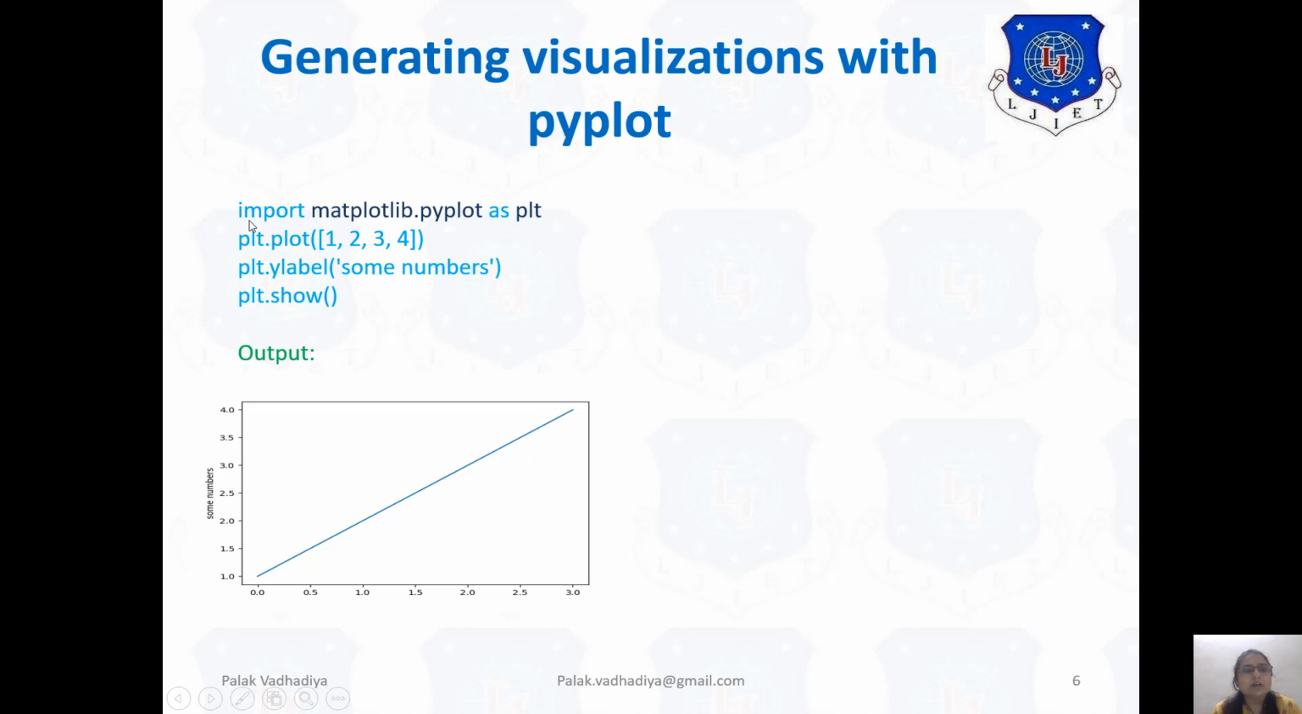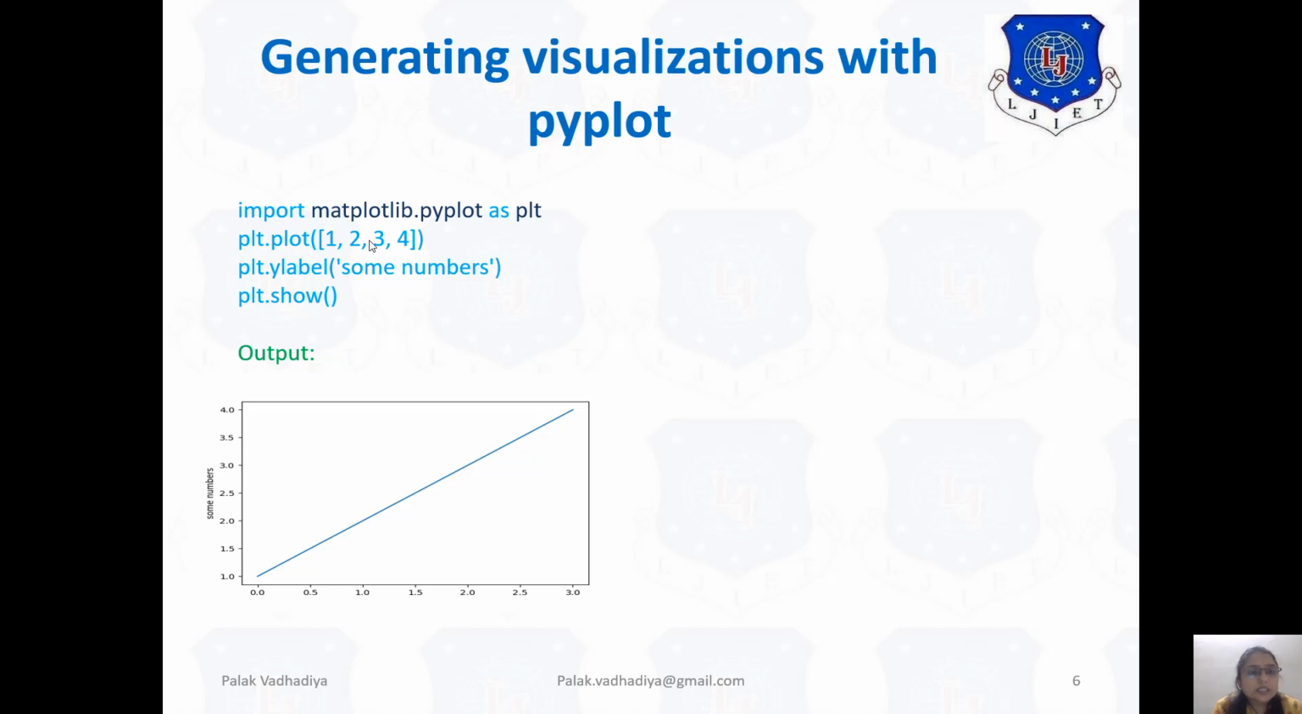The first statement is import matplotlib.pyplot as plt. We know that matplotlib is a library. Inside that library, we have one module, that is pyplot. So from now onwards, we will use that library and module as plt. Now the next statement is